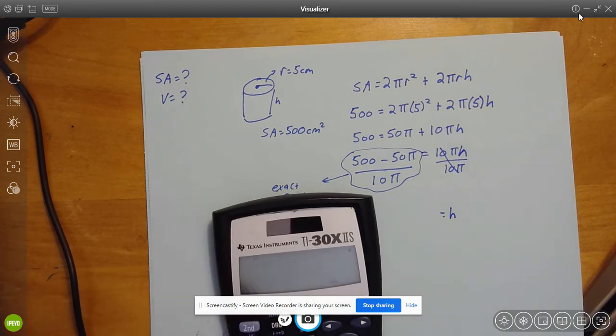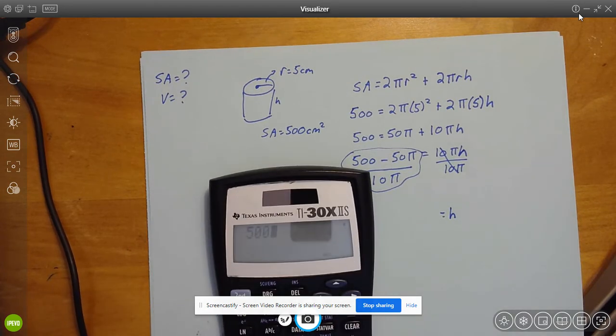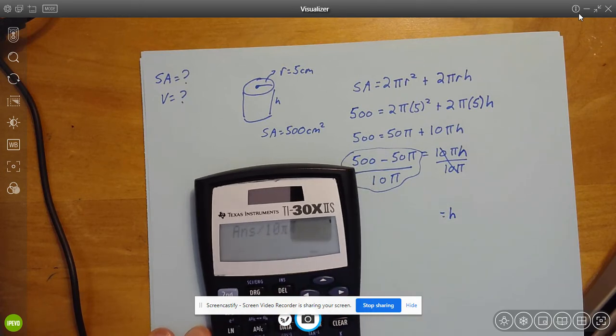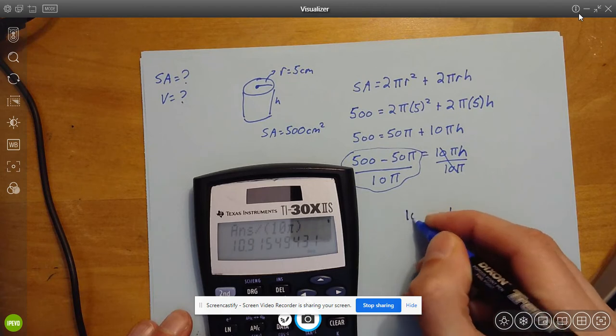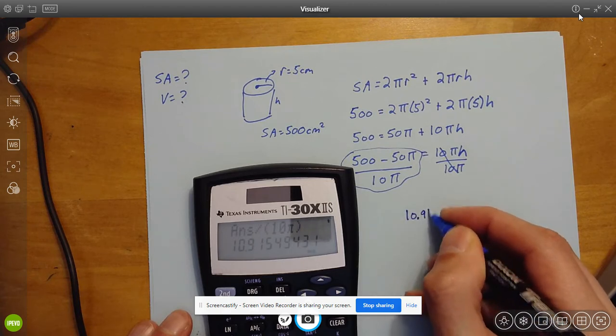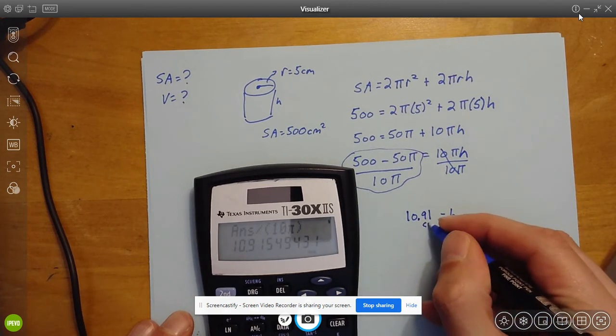So I like to get the exact form, express my answer in terms of pi, and then we can find the exact answer. I'll do the numerator first, 500 minus 50 pi. And I'm going to divide it by 10 times pi. I'm using the pi button, but if you prefer to use 3.14 in your calculator, that's fine as well. You might have to play with your calculator to see how this all works. So I've discovered that the height of this cylinder is 10.91, and the units of height is just the length,